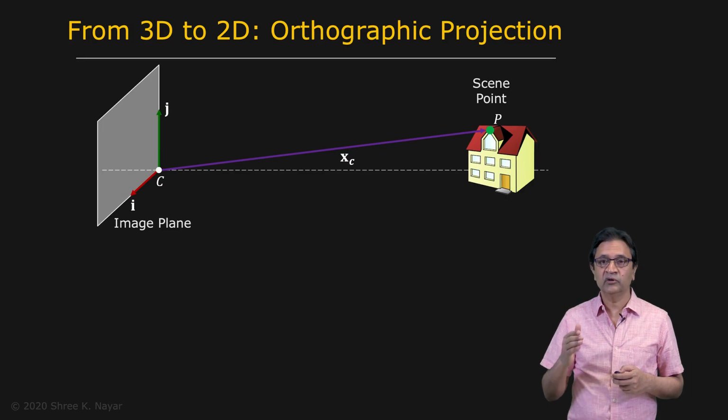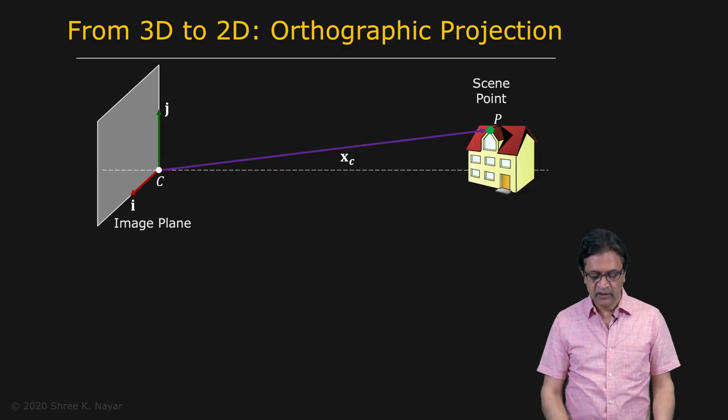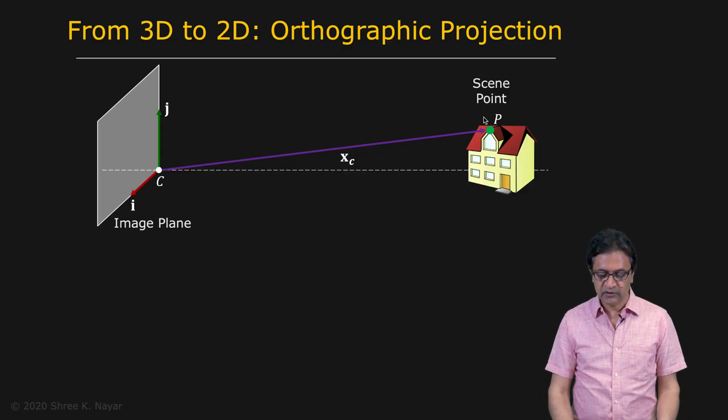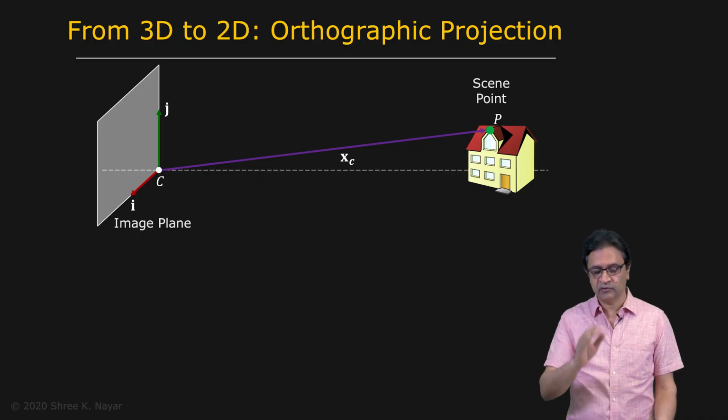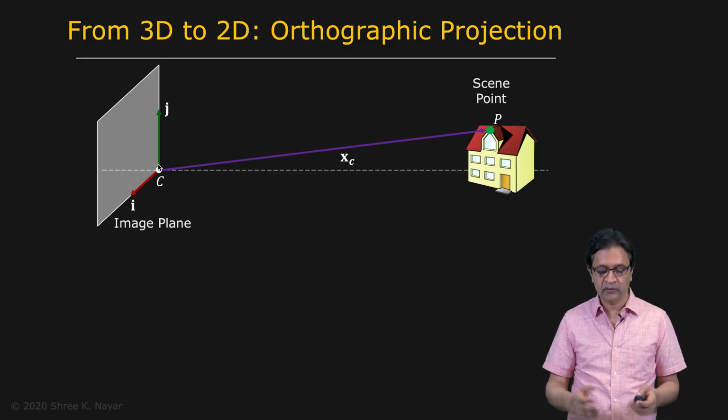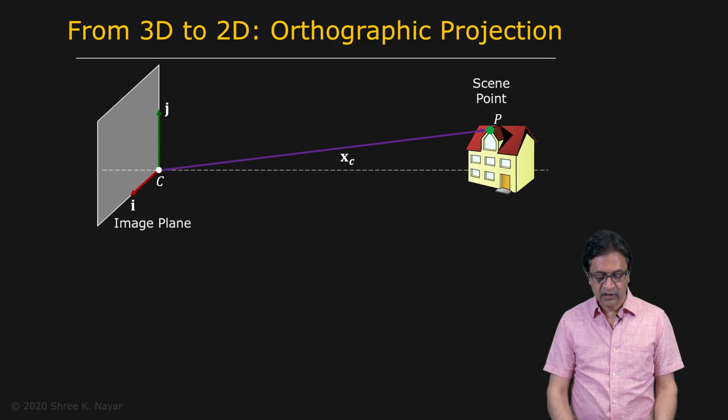And as we mentioned earlier, we are going to use the orthographic camera assumption. So let's take a look at orthographic projection. Assume that you have a point in the scene, which is P, and we are going to define a camera coordinate frame. In the past, we have placed the camera coordinate frame at the pinhole of the camera, if you remember, in image formation. But here we're going to say that the camera coordinate frame sits at one of the corners of the frame or the image. And let's say that its position is given by the point C, and its orientation is defined by these two axes or unit vectors I and J, which are aligned with the two edges of the image plane.